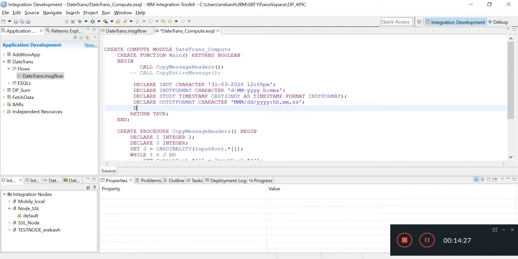So now I am going to cast this standard date format into the output date format.